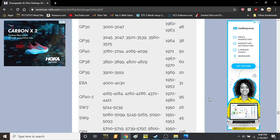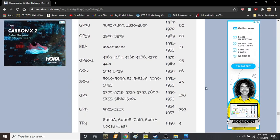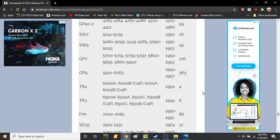31 E8As built in 1951 to 53, a whopping 95 GP40-2s built in 1972 to 1980, 26 SW7s built in 1950, 45 SW9s built in 51 to 53, 176 GP7s built in 50 to 53, 363 GP9s built in 54 to 57,